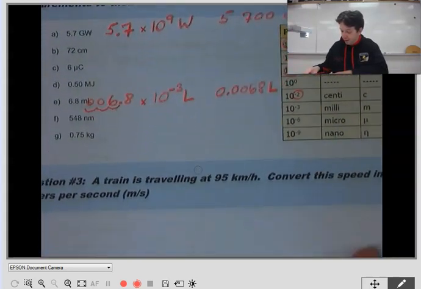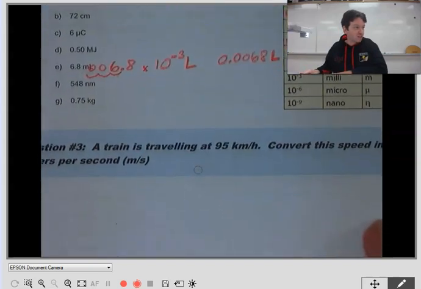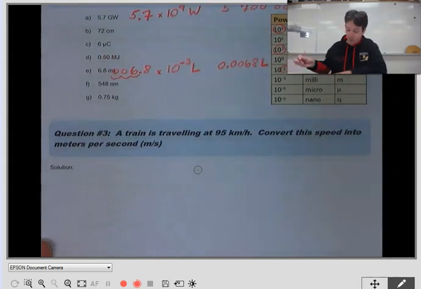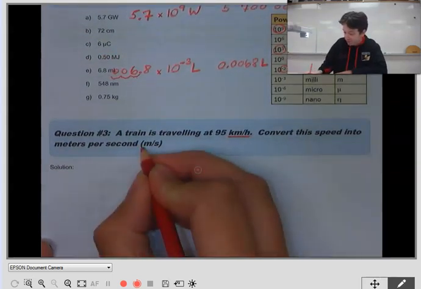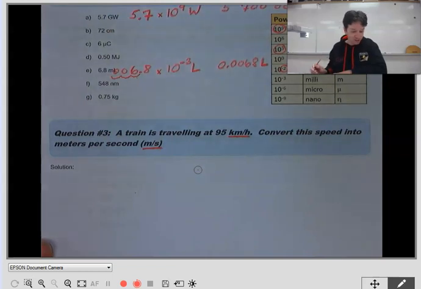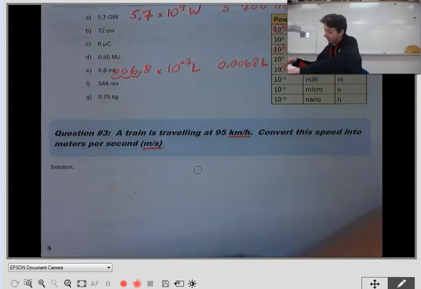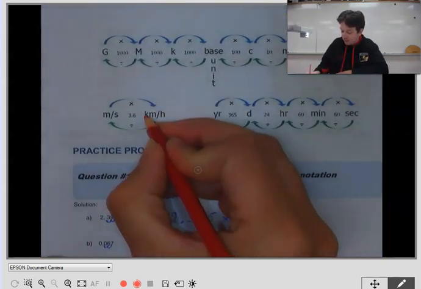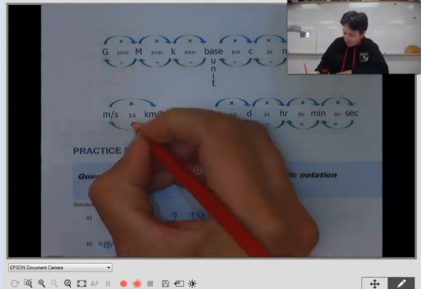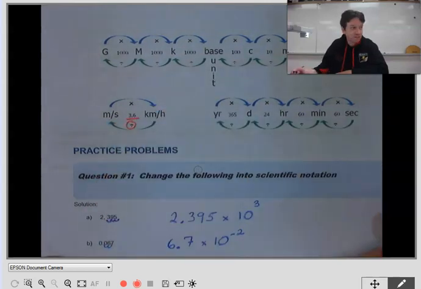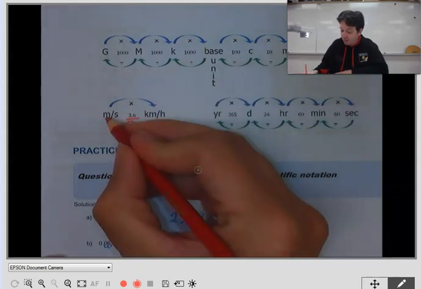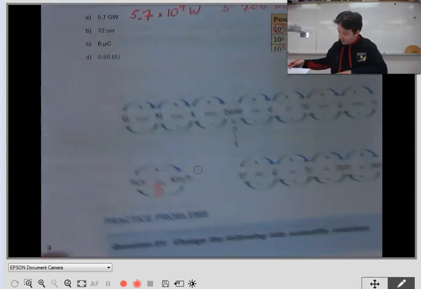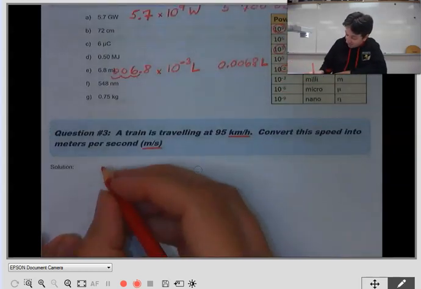Okay. Before I let you work on that, I also want to show you example number 3. So example number 3, I did say was important. We're converting kilometers into meters per second. And to convert kilometers per hour into meters per second, you have this little chart on your previous page. If you're going from kilometers per hour to meters per second, you're going to divide by 3.6. If you ever want to go the other way, from meters per second to kilometers per hour, you will multiply by 3.6. So in this case, we're going to take 95 kilometers per hour